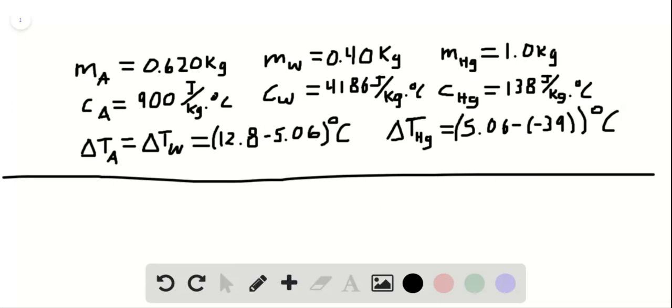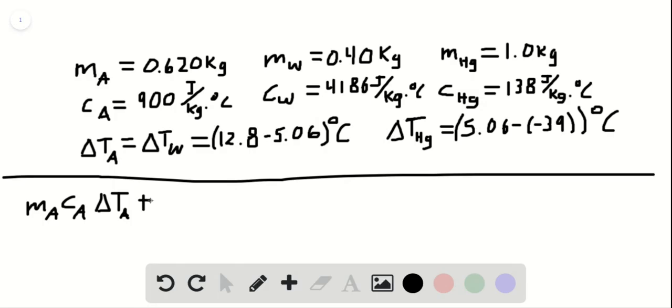So the heat lost by the aluminum and the water in this situation must be equal to the heat needed to melt the mercury and to warm the mercury to the equilibrium temperature. So we're going to set those equal to one another. We're going to have the mass of the aluminum times the specific heat constant of the aluminum times the change in temperature of the aluminum, delta T_A, which would be the original temperature minus the equilibrium temperature,